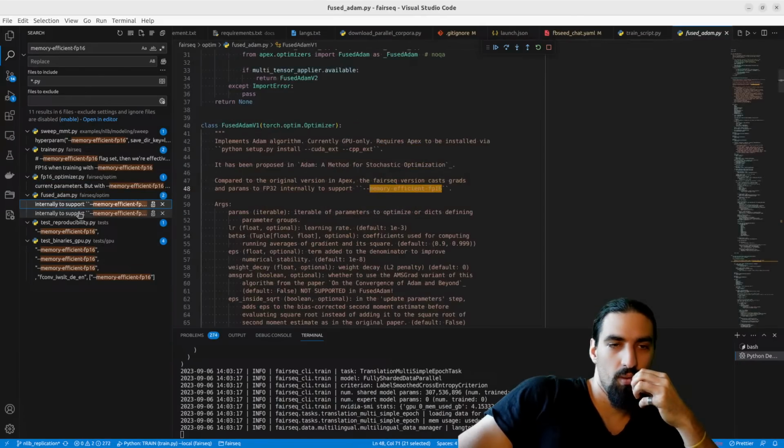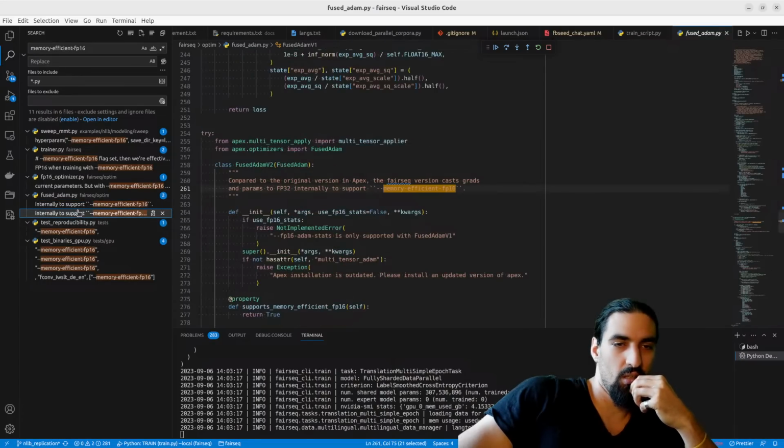The Fairseq version casts grads and params to FP32 internally to support memory efficient FP16.